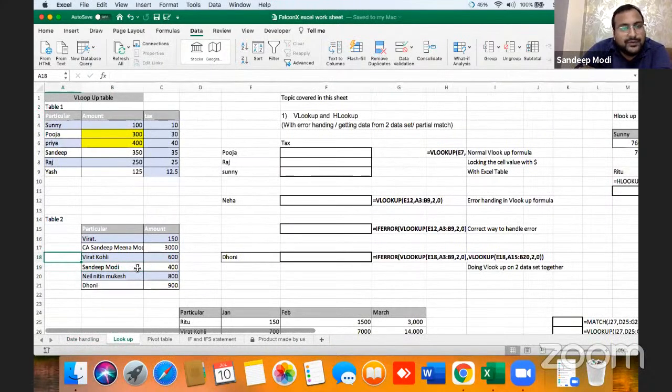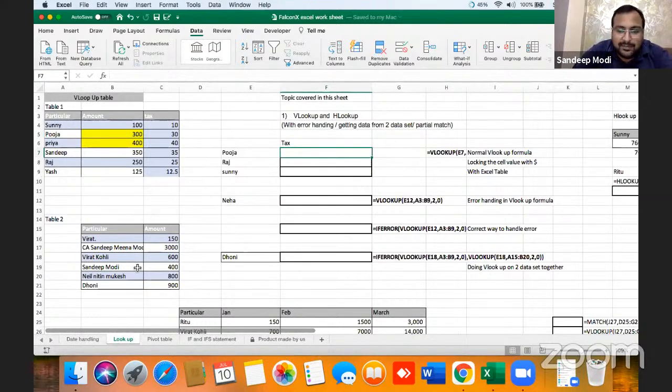Now let's come to VLOOKUP. Don't think that everyone knows VLOOKUP, so we can skip this topic. We can go for tea or water. But yeah, listen, this will save your time. On a weekly basis, we are promising that with this knowledge, you will be able to save 3 to 5 hours.